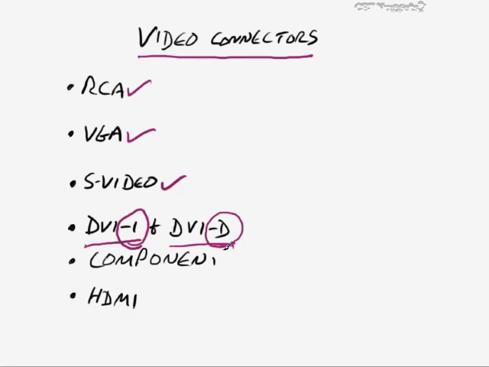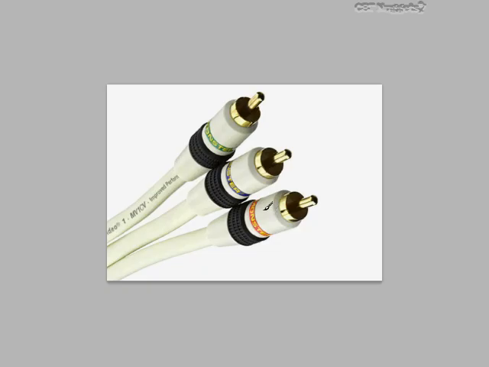You might also have a component connection. Now, this one is not necessarily better than DVI; they're pretty equivalent down here towards the bottom. The component one will just look like 3 RCA cables, and that's actually the shape of them. But the fact of the matter is, with these, you'll have a green, a blue, and a red. And these are used mostly in home theater types of systems as opposed to PC usage, and this is also going to give you very accurate color rendering, although some of the other color connections are going to be better nowadays,